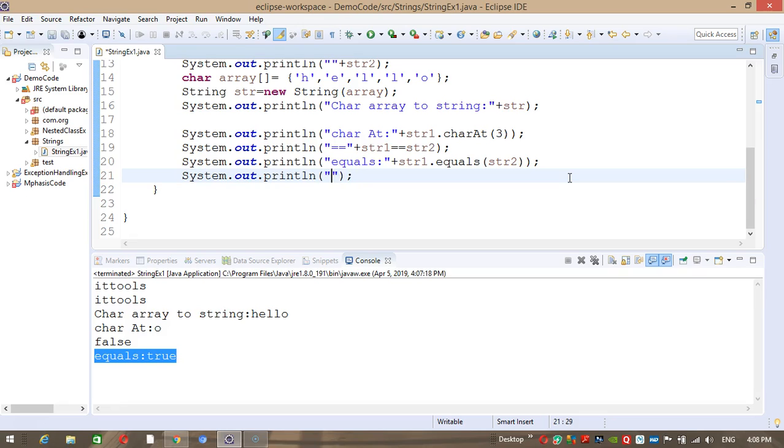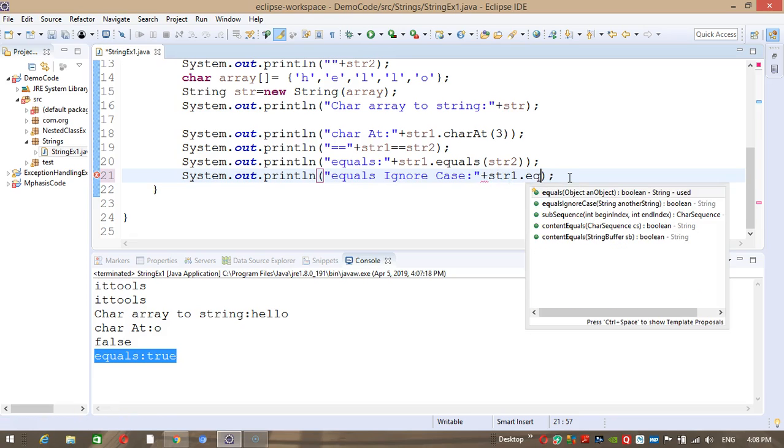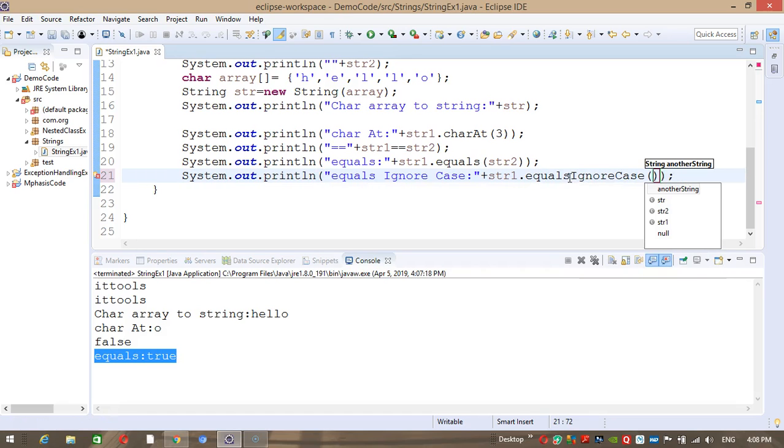So Java provides us the equalsIgnoreCase, and to this we'll pass str2.